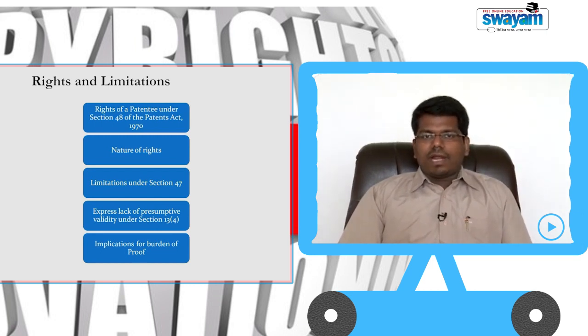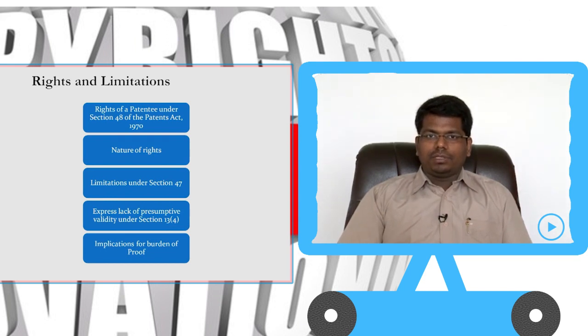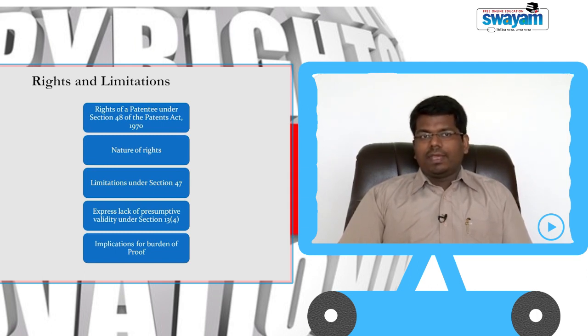So, once we have a right, the question is what are the metes and bounds of the right positively and negatively. When I say positive metes and bounds, I refer to limitations on the patentee which keep open the realm of commons for all third parties. And when I speak of negative bounds, I refer to those instances where a third party has crossed the threshold of the realm of commons and has entered the territory of infringement.